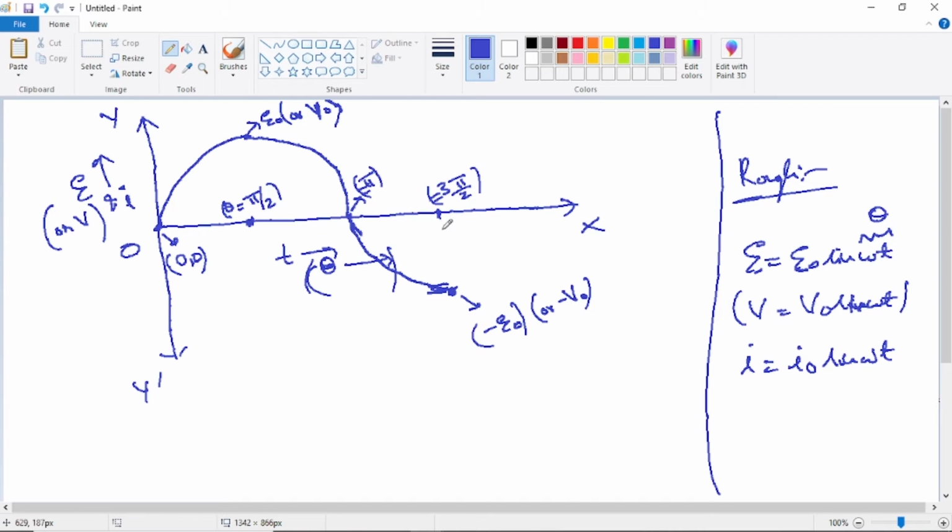And beyond this, as theta further increases, that means as time further increases beyond 270 degrees, the EMF starts decreasing. So after reaching the maximum value, the EMF decreases. In the positive values also we have seen the same thing; it will repeat here in the negative values also. Beyond 270 degrees, the EMF starts decreasing in the negative values, that means the graph goes closer and closer to the x-axis. This will continue till finally